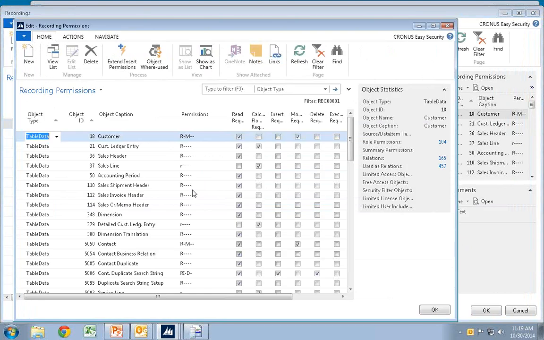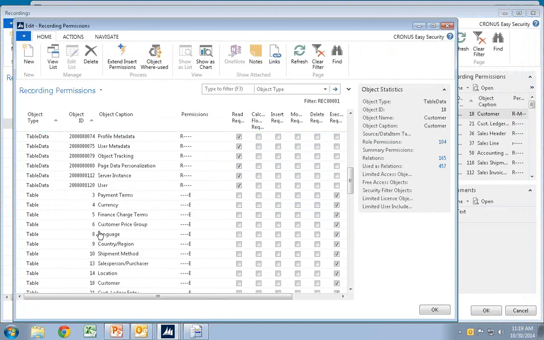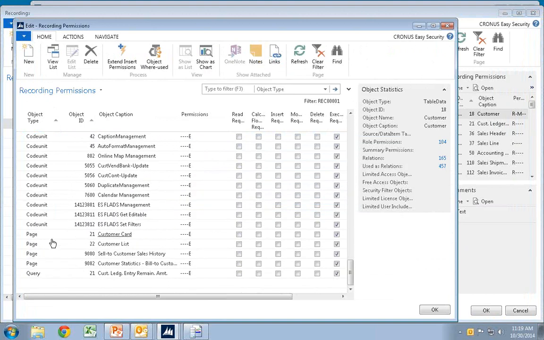And that's both the force of the security system in NAV, but it's also the reason it's very cumbersome to deal with. So I can see in here on my customer table, I needed read and modify. I needed a read permission for many places. I needed to modify my contact down here. And if I go down to the bottom, I'll actually see we also know what pages and codeunits were being used. And that actually allows us a whole new level of security.